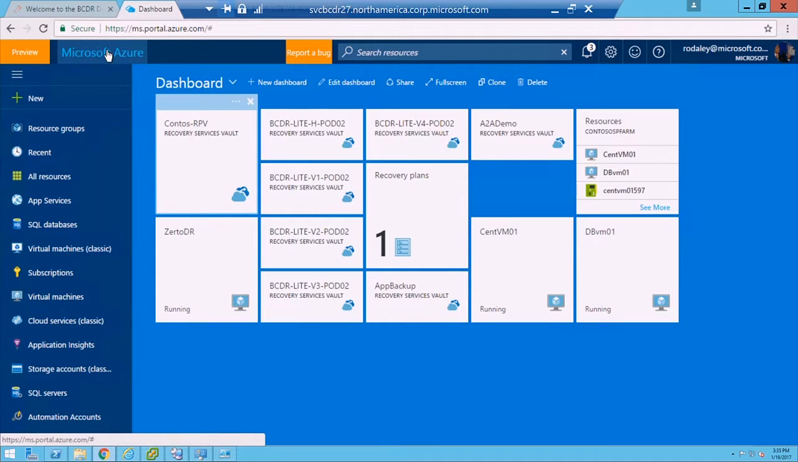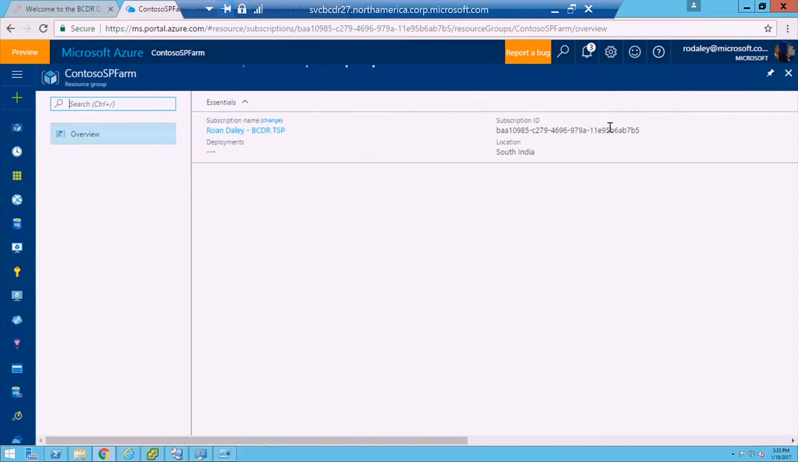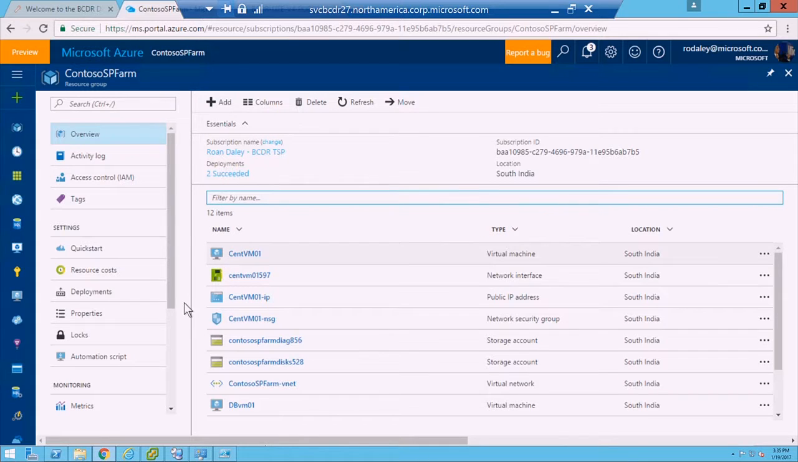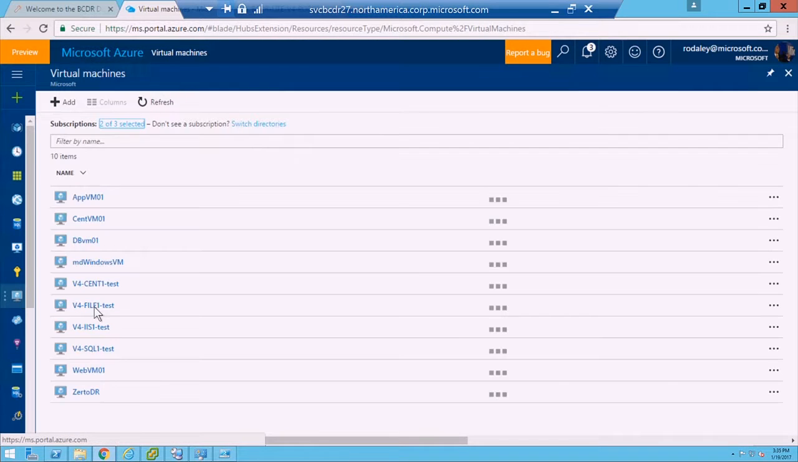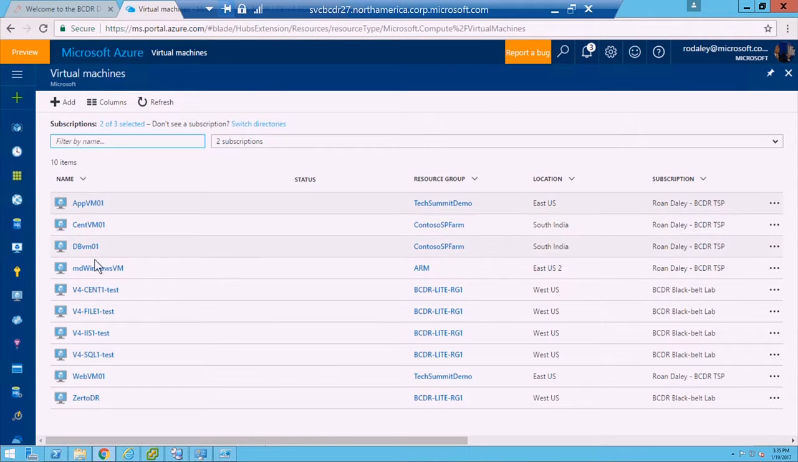Let's say we have a workload that is running inside Azure. So here I have a virtual machine that is part of a web farm, and I'm already protecting this virtual machine in Azure. But there's another component to the web farm that I want to protect. So if I go to